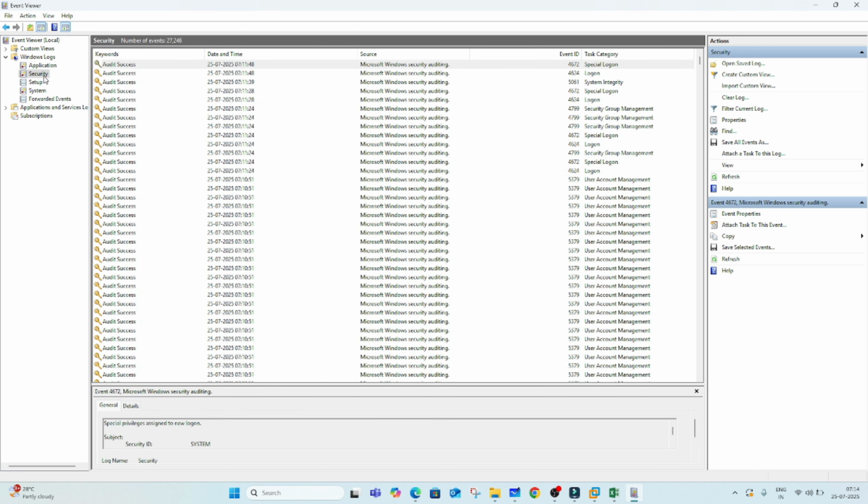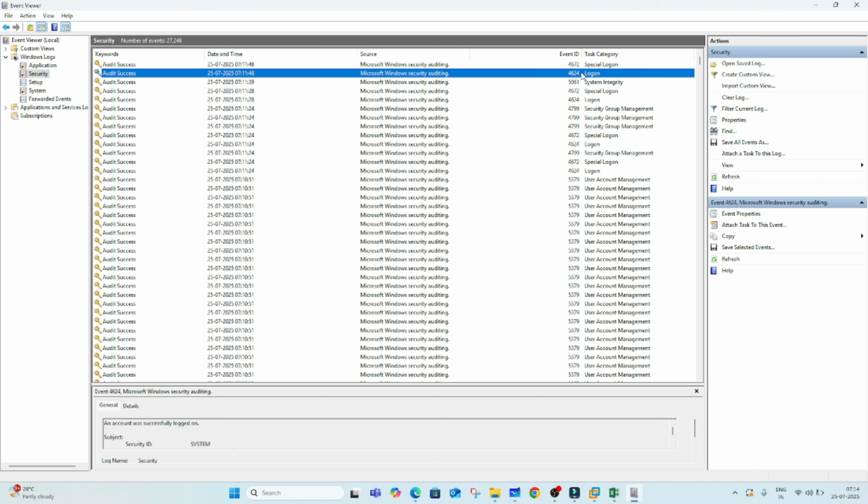Next, security logs. These are the most important for cyber security. Let's say login successful or login failed. You can see here 4624 logon, which means login was successful. 4625 means failed logon, so if someone is trying to log into this system and it fails, it will show as 4625. If any new process was created, it will show as 4688. I'll show you that. First, we'll explain all the logs and then show with the example.